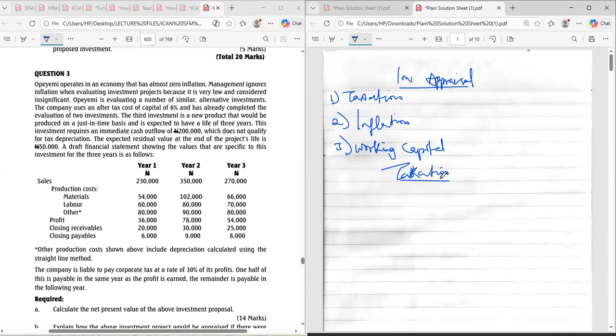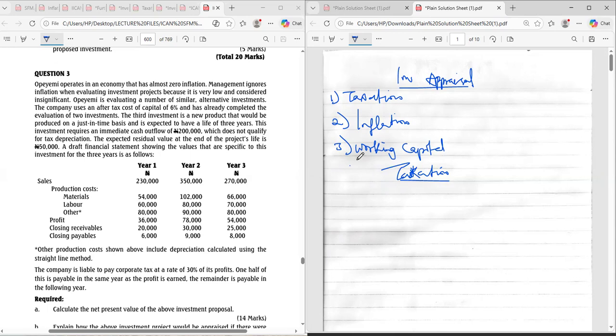So you will see an investment appraisal question that has taxation in it. What are the things that you need to know about taxation? First and foremost, taxation is a compulsory levy that every organization should pay. Secondly, you can be told that taxes are charged in arrears. In arrears simply means that the tax for 2020 will be paid in 2021, and 2021 will be taxed in 2022 and going forward.